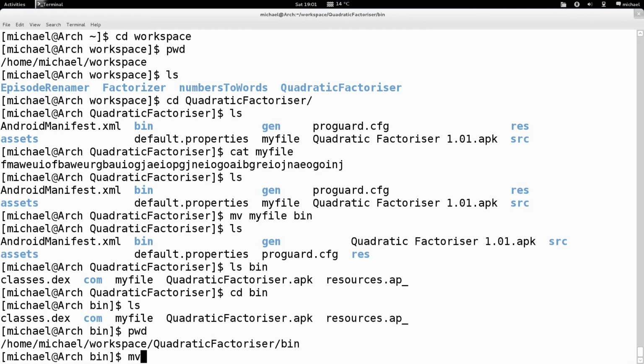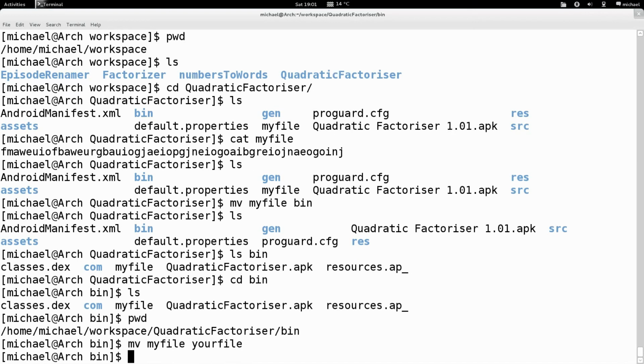Because when you move something, you don't actually copy it over and delete, you just move it. You're not really copying. So this is the same for renaming. You're not actually copying it over and then renaming it. No, you're just renaming it. So that makes sense to you. Sorry, back to the explanation. So you type mv and the original file, and then the new file. And there. And we type ls to see